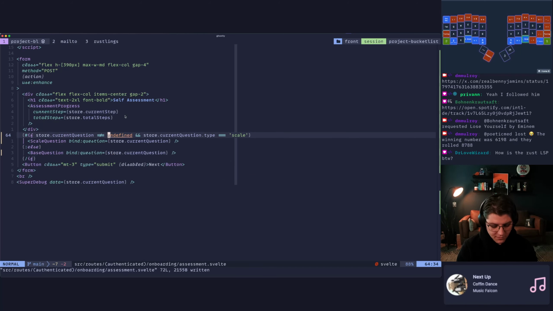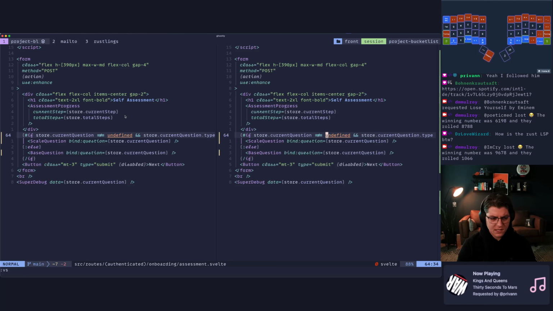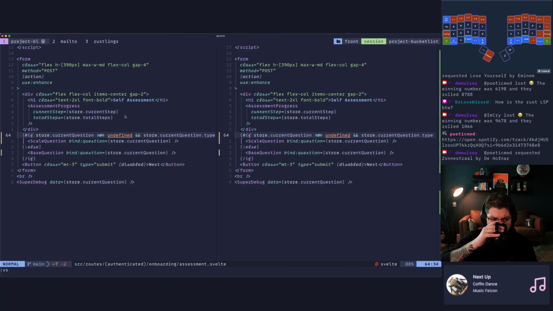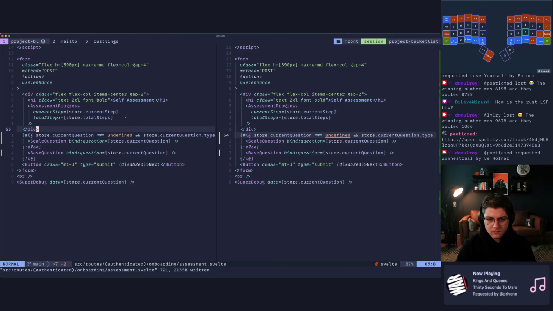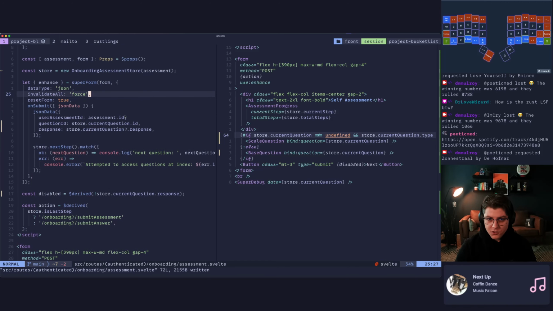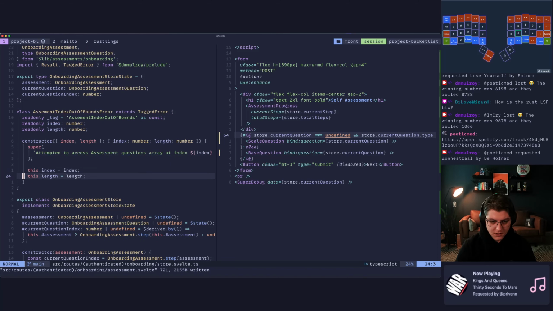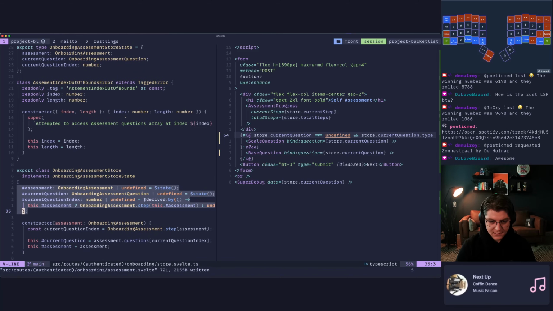All right, now if we go look at the store, the Rust LSP felt really good. It actually also has really, really good code actions. Okay, so when we go to look at our store right now, we have these fields on our store, which are reactive pieces of state.